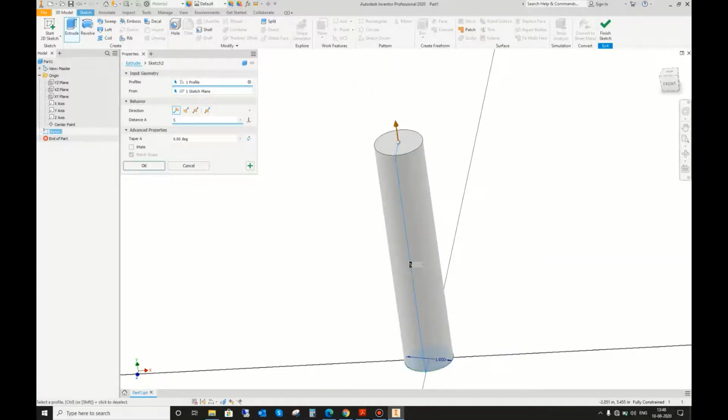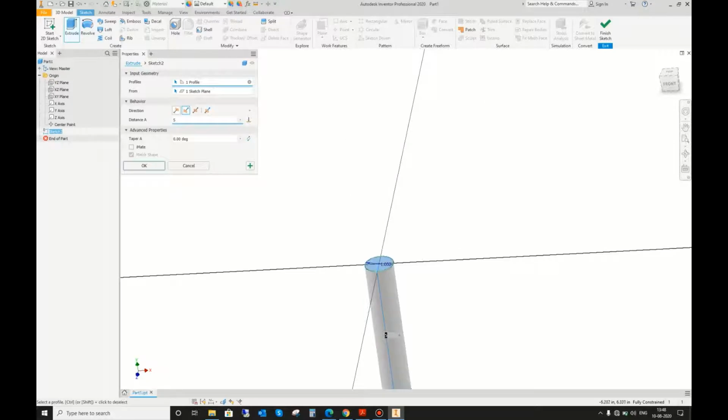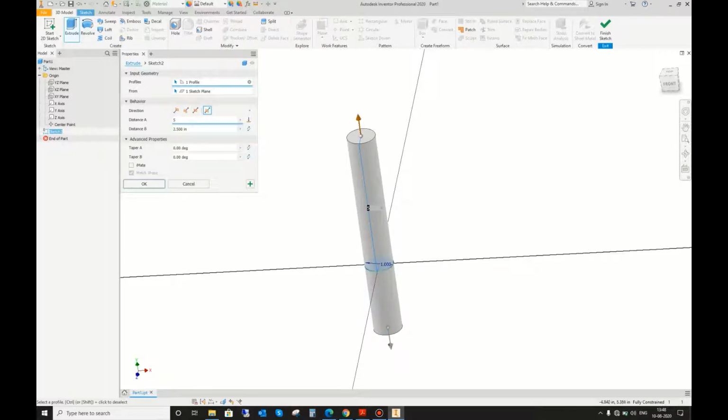We also have options to change the direction of the extrude, make it symmetric to the plane you have made the sketch on, or you can give dimensions on both the directions of that plane. Here I am keeping it unidirectional, and since there is only one profile in our sketch, that one profile is selected automatically.